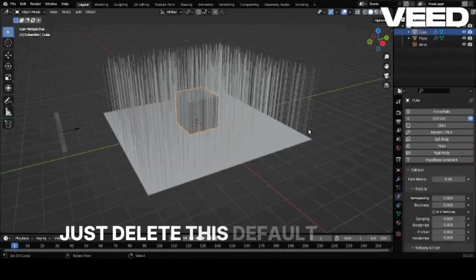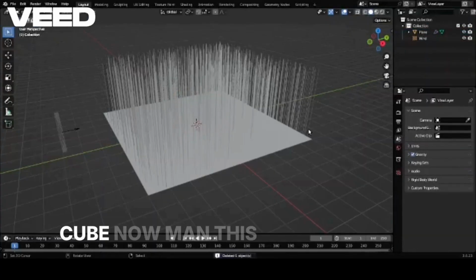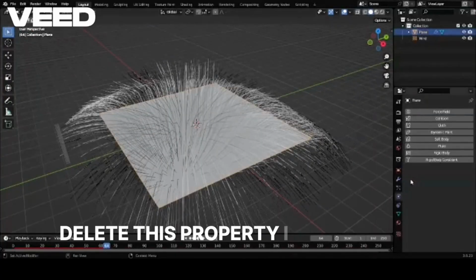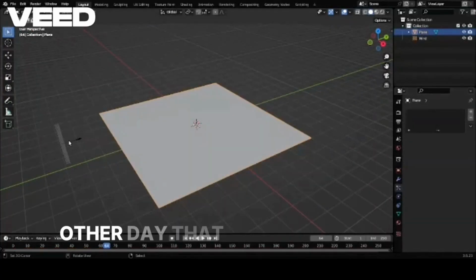We'll just delete this not-default cube. Now man, this simulation is broken. Just delete this property. I don't like it. Maybe some other day that time will come. Let's get to the next